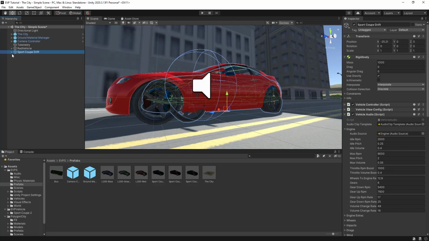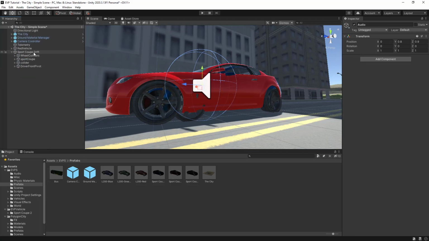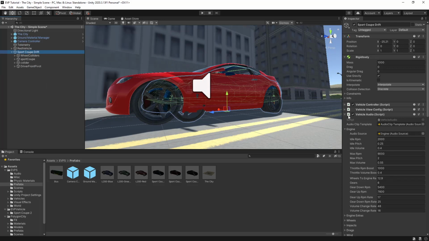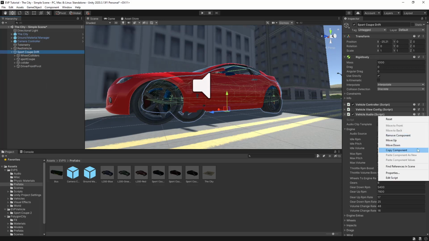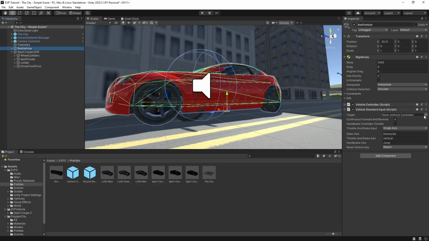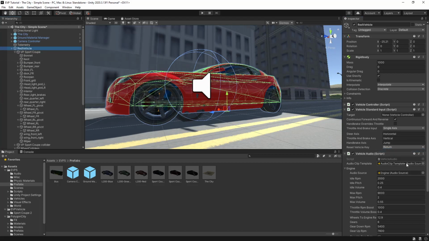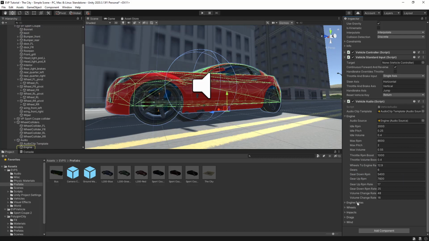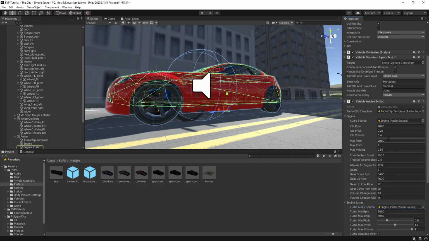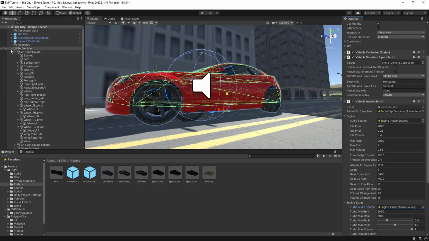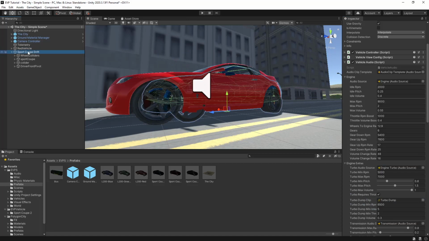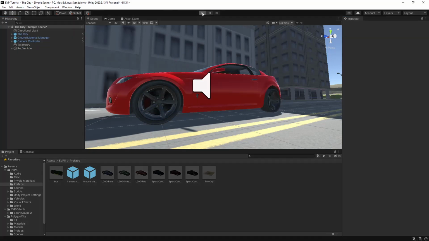I'll unpack the prefab. Everything under the audio game object here, I'll drag that onto my vehicle. And then back onto the vehicle that I dragged in, under vehicle audio, I'll copy the component. Back onto my vehicle, and I'll paste component as new. So as you can see, all of the references here are already set for you. All of the settings are already set because they've come off of the other vehicle, and we've just taken all the sources and put them onto our vehicle. So now we'll get rid of this one. And then when we hit play,